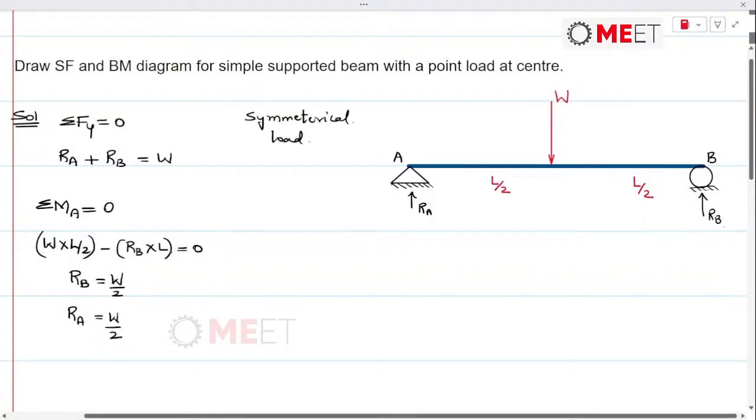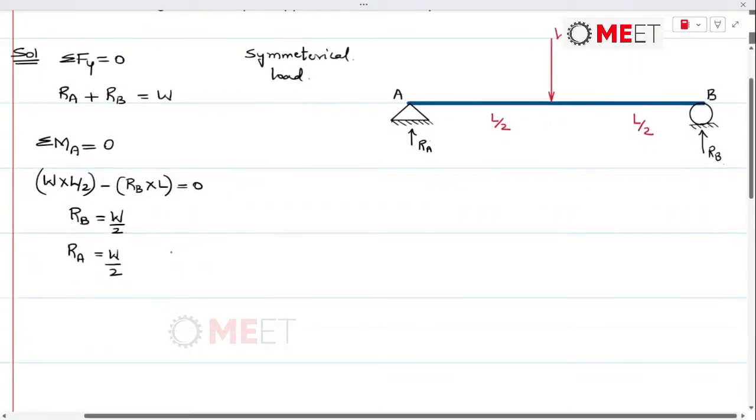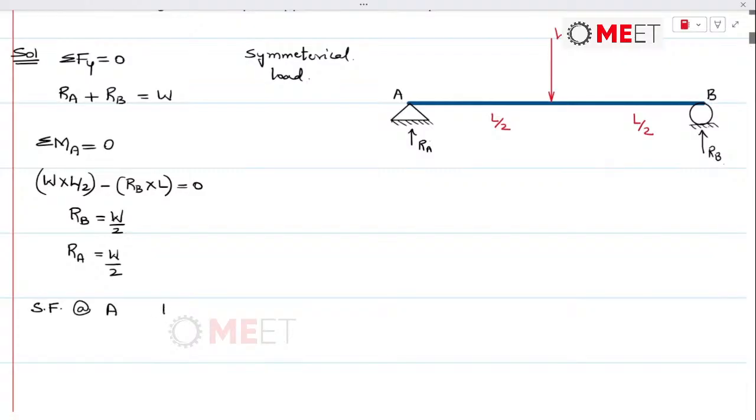So now let's begin the calculation of shear force. So here the shear force, first, shear force at point A is only Ra. That's Ra is equal to W by 2. It is positive. So let me just draw the shear force diagram. So here the force will be W by 2, that's positive upward force, and next would be